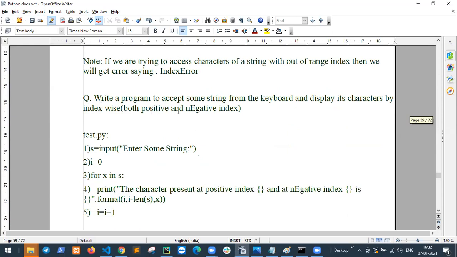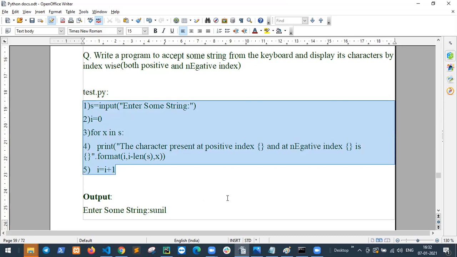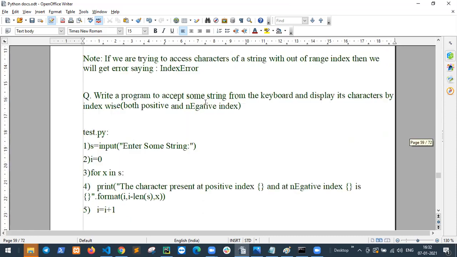Write a program to accept some string from the keyboard and display its characters index-wise, both positive and negative.